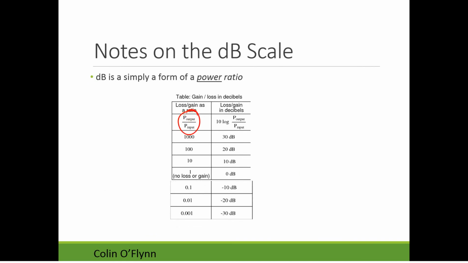So it might say the output to input power ratio is 0.1. If I have 1 milliwatt out and I put 10 milliwatts in, it has this ratio of 0.1. So it attenuated this one frequency by a certain amount.